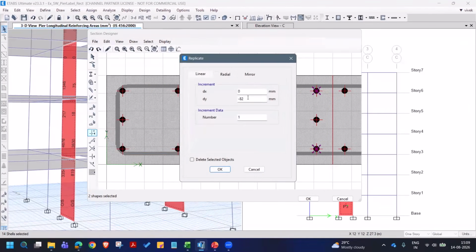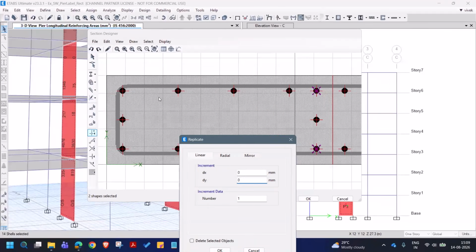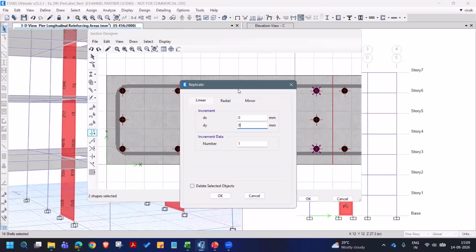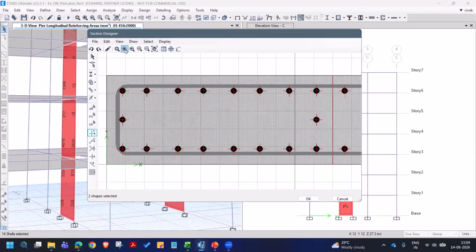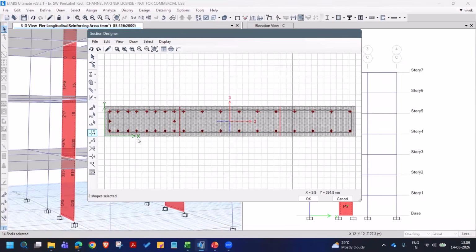Again, replicate this in the negative direction so that it fills all the intermediate gaps here for this reinforcement so that the boundary elements is more reinforced. That is the idea. Minus 150 and 3 times. Okay. All right. Now we will replicate everything